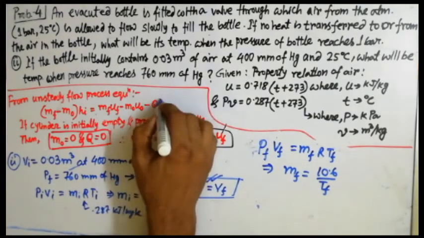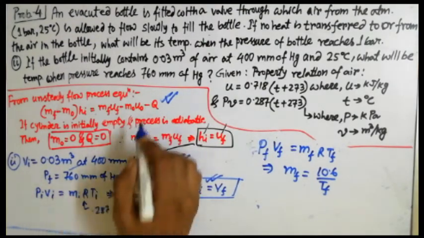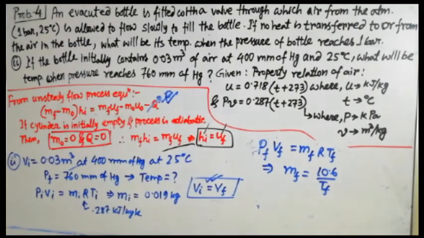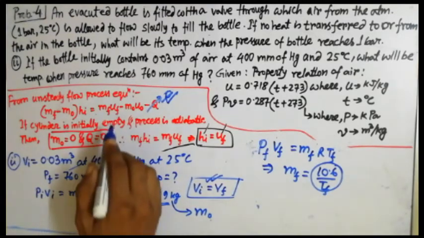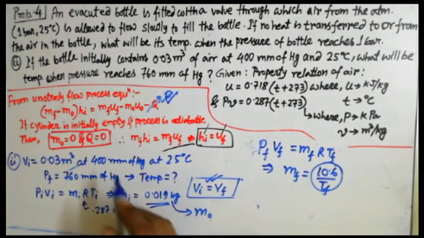Now you have to use this particular equation, because in this equation only this term will be nullified, since there is no heat transfer, and the rest of the terms will remain. Mf will be substituted by this thing, M0 is nothing but this thing, the initial mass, so that will be replaced by M0, that is Mf. On the right side, Mf obviously will be this one, and Uf is nothing but